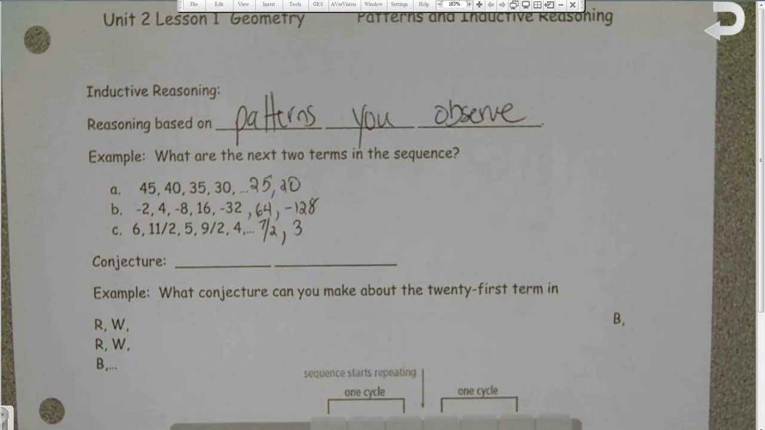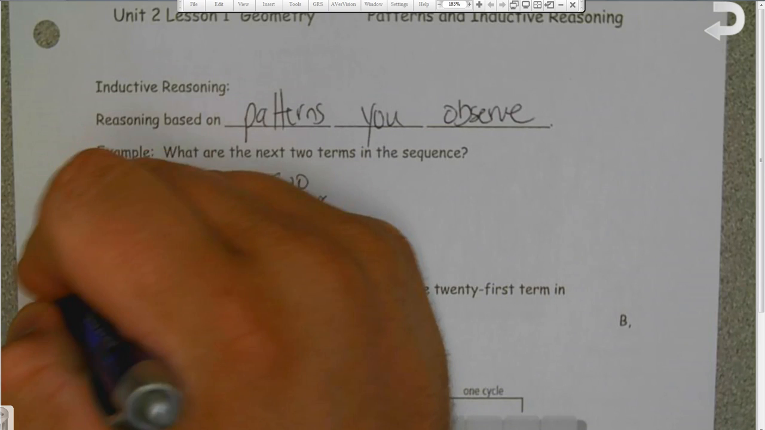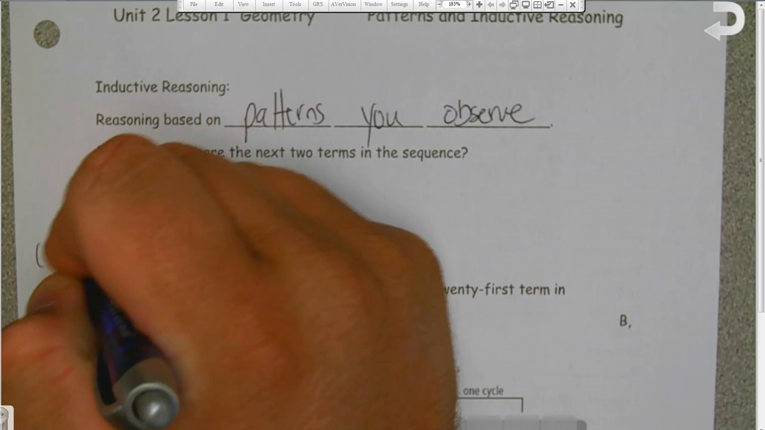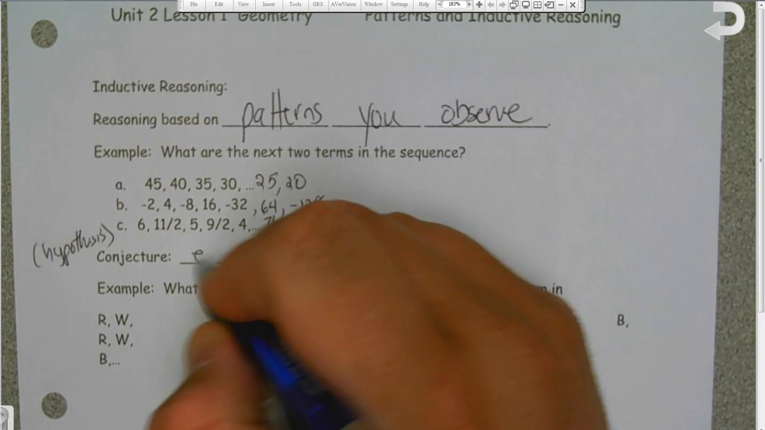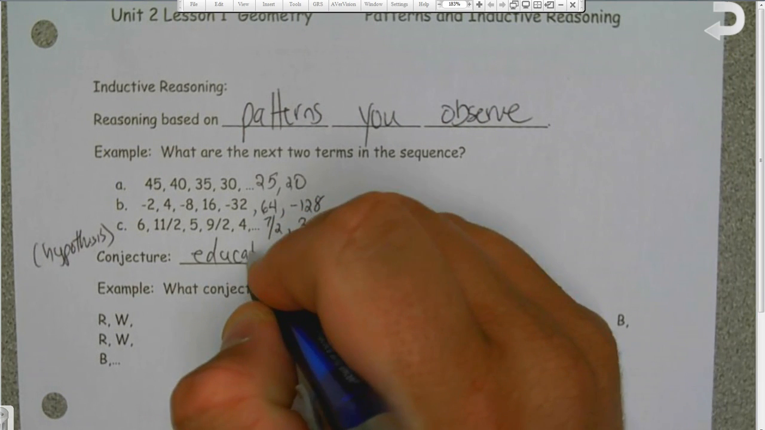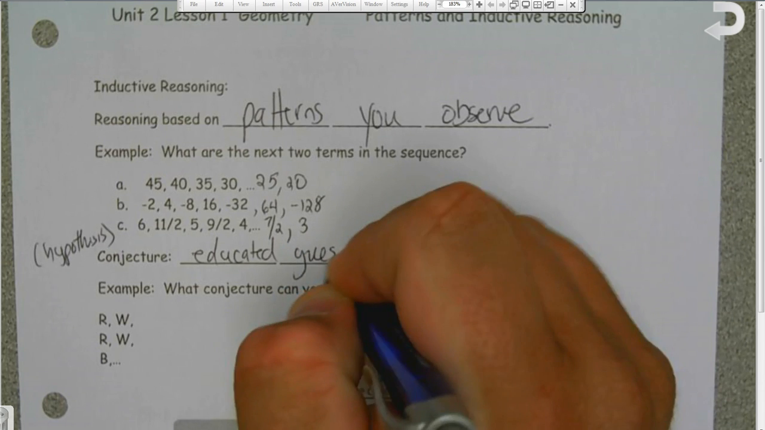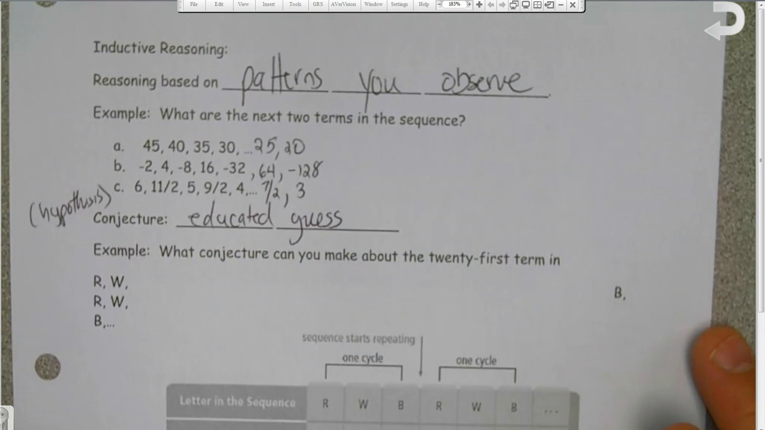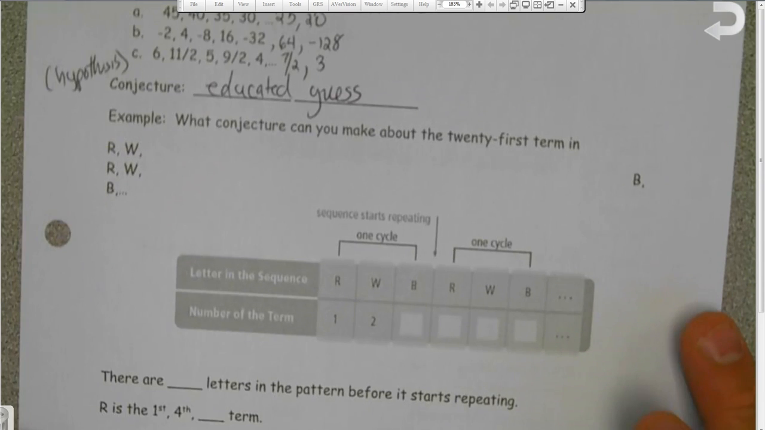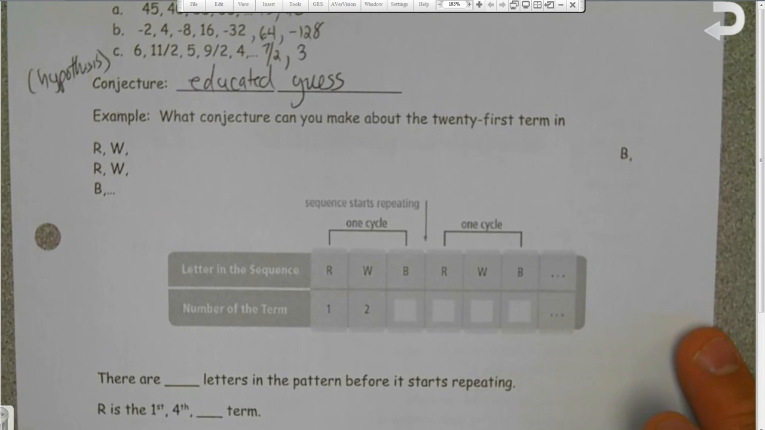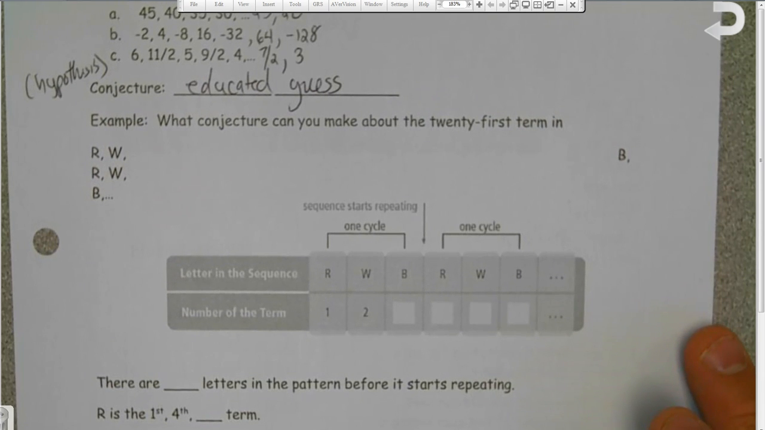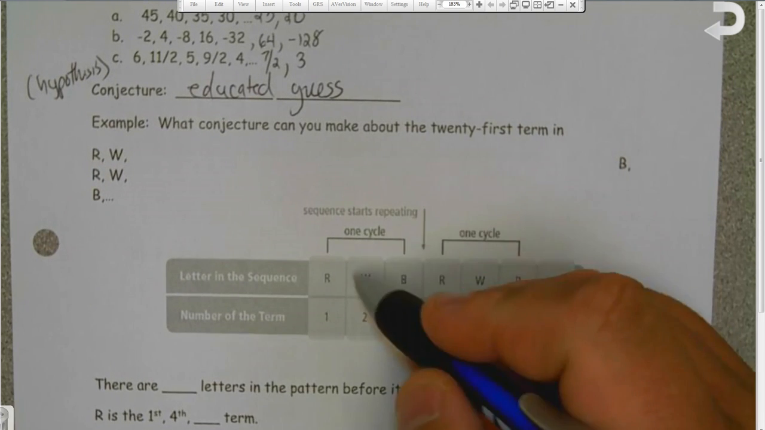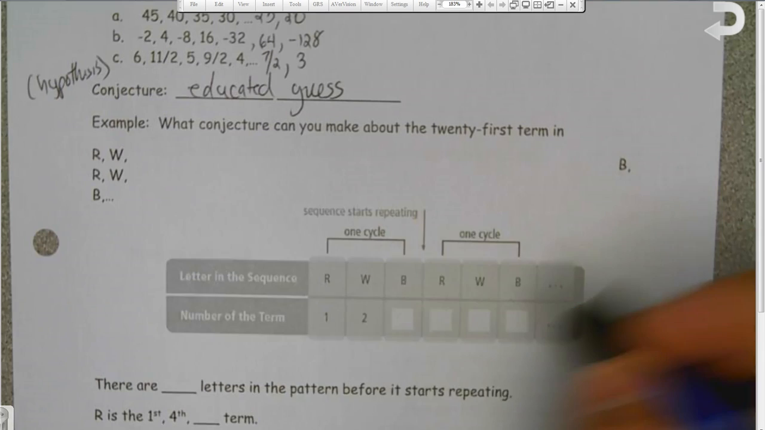So a conjecture is basically the math term for hypothesis. The conjecture is our educated guess based on the pattern. So if I have this cycle down here, what can we guess about the 21st term in the cycle of RWB? So if I have RWB,